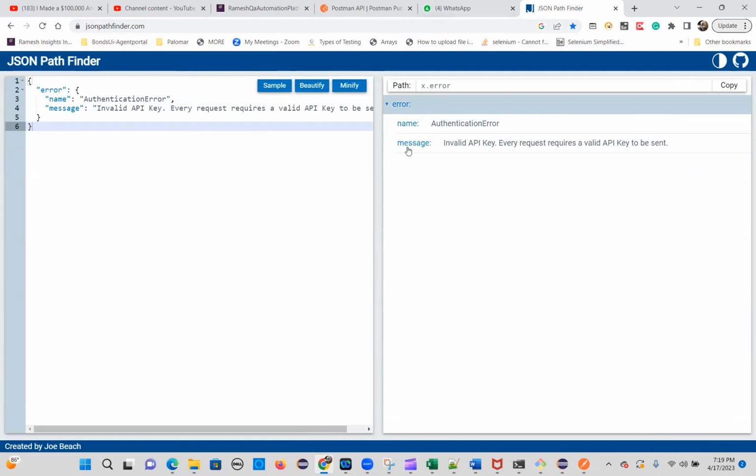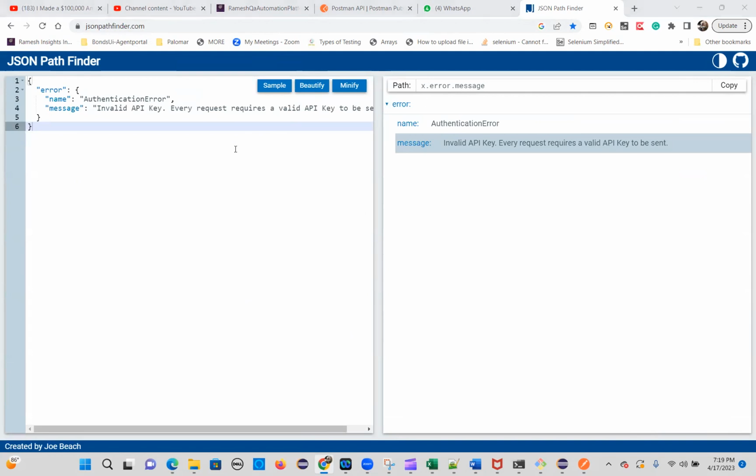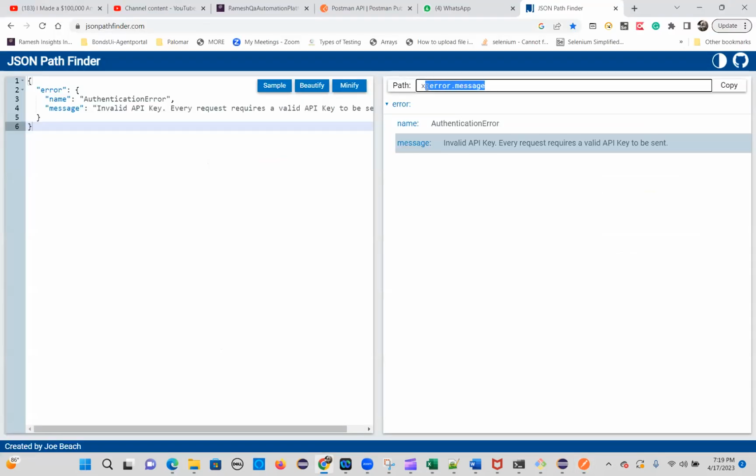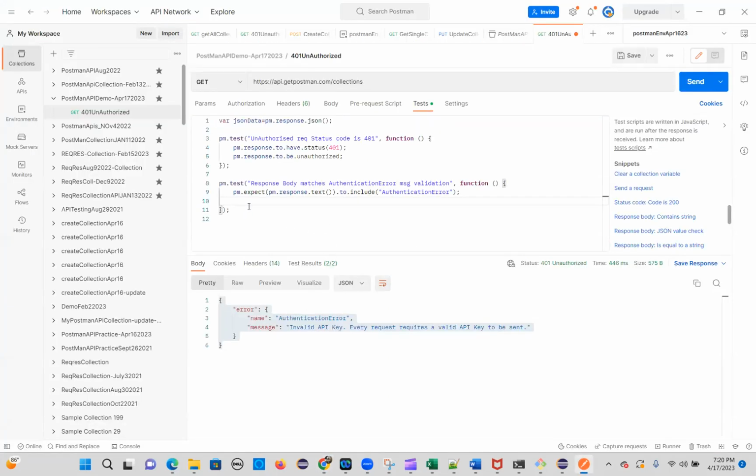So now you come here. See that? I want message, right? In the X place, you replace with this JSON data. The remaining you just copy as it is. That's the path, so I'm writing here. Console is for printing purposes. Anything you want to print, you will use console.log. So I can give message field value,